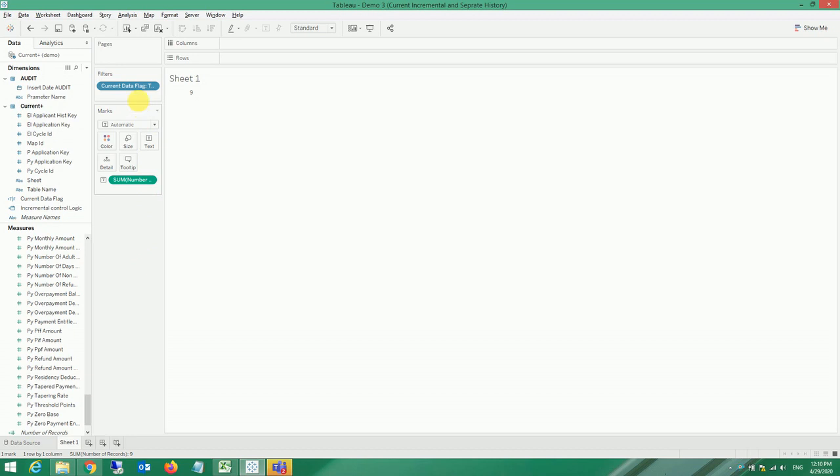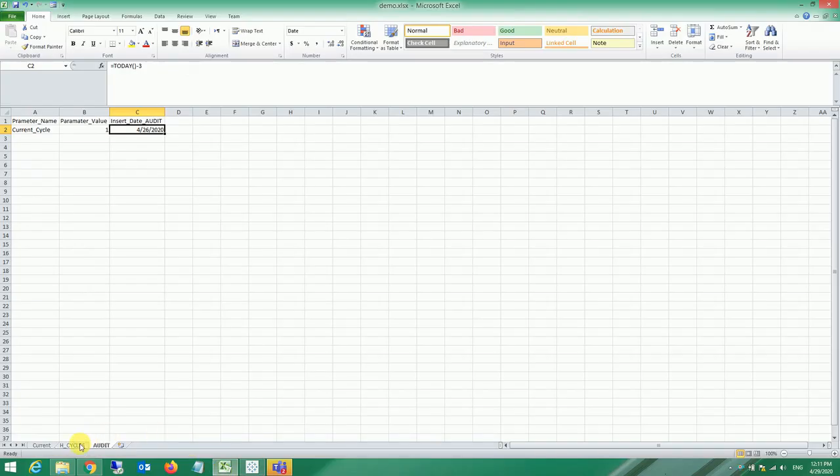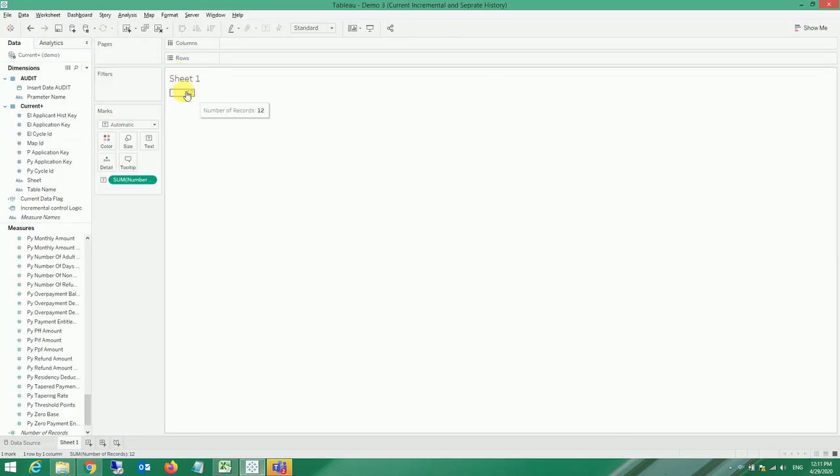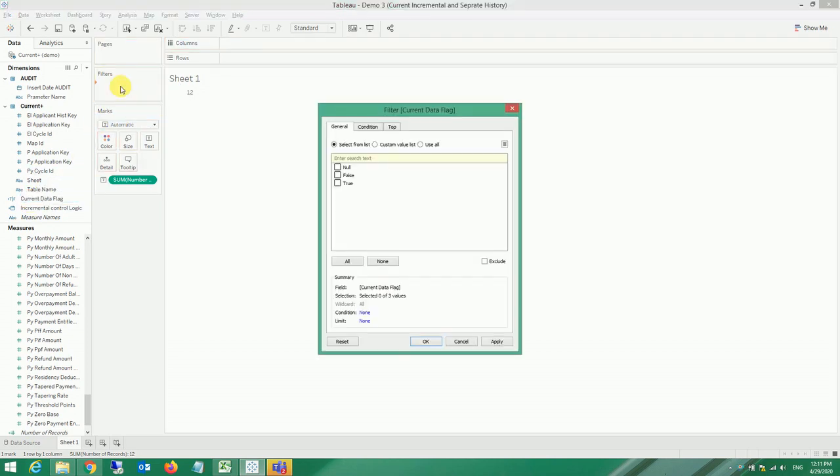Before I end, I will show you one more thing. If you remove this condition, you will have 12 records. Why these 12 records? Come again. It's 5 records plus these 4, 9 records, and previously we had 3 records from the current cycle which were loaded into the extract. So if you remove that, it will show the historical information with the old extract as well, right? So keep in mind, you must use these flags to show the current information. Whether you want to include the current cycle or historical cycle or not, it's up to you.